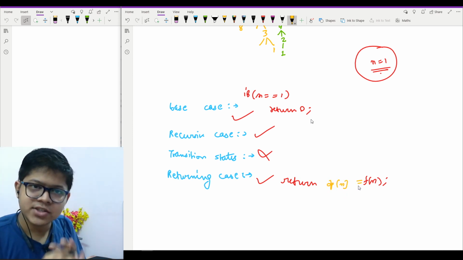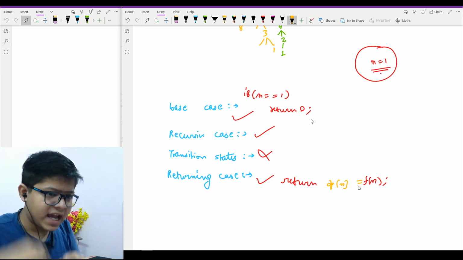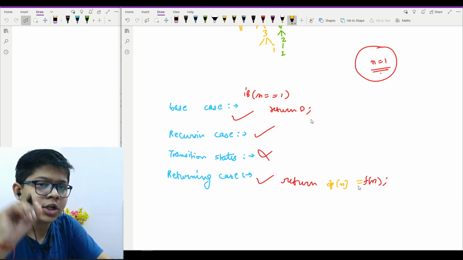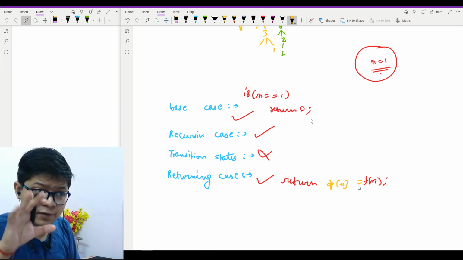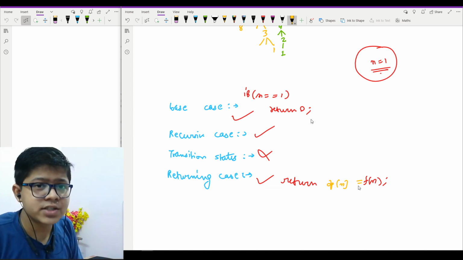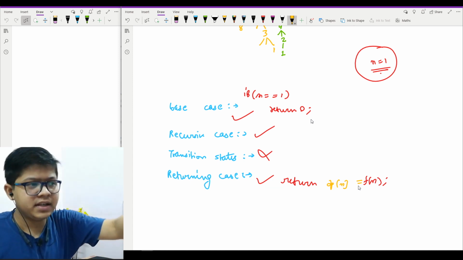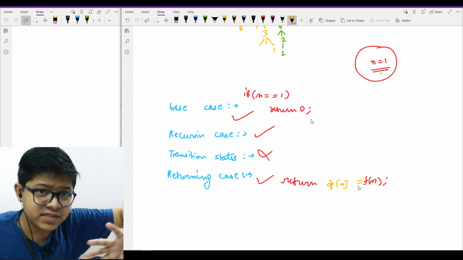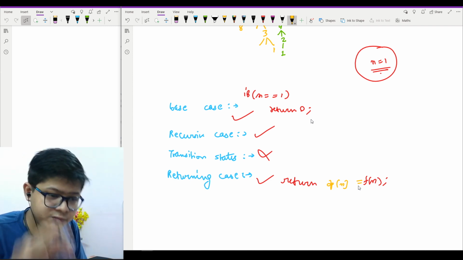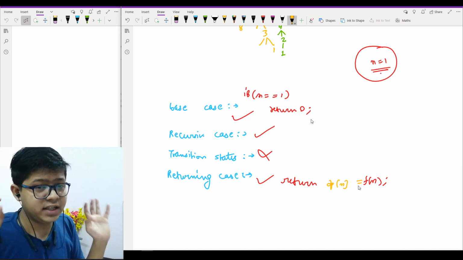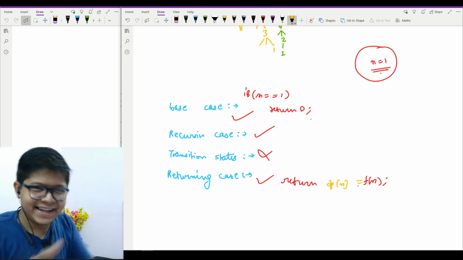Yeah, so that's all for this. I will quickly write the recursive case, then I will modify it to get the top down, which means the recursive plus memoization part. Before writing, I highly recommend you guys write it down yourself, because I've completely explained all the 3, or you can say although there are 4, but I've explained all the 3 which are required. So I highly recommend you first write it down by yourself, because you should be able to write it by now. So please try it, and let's see what's the case.